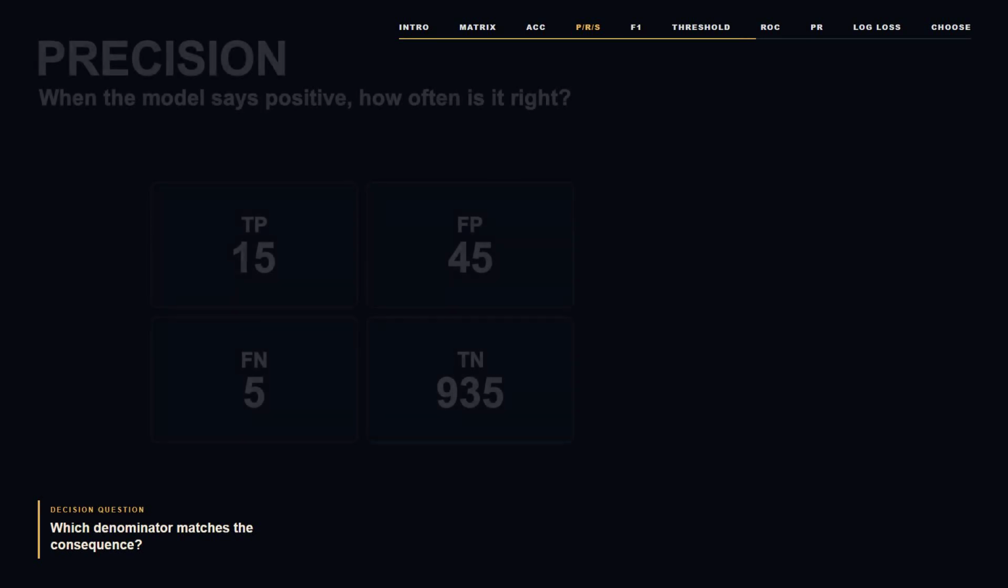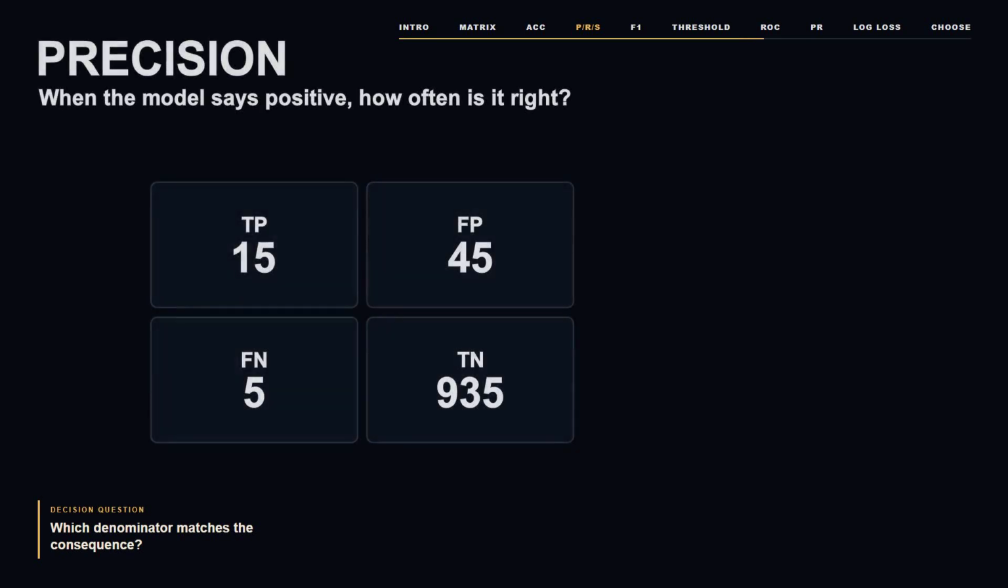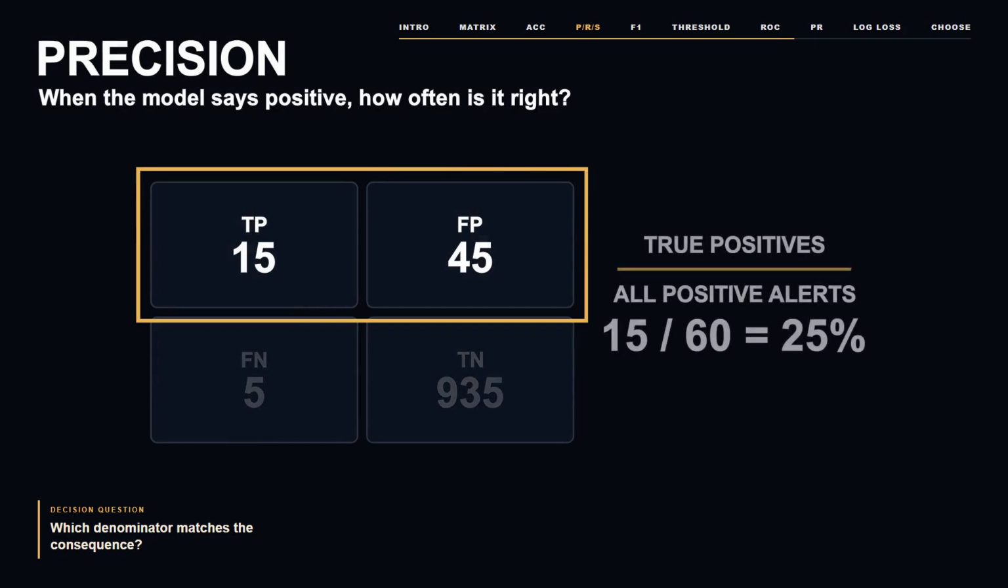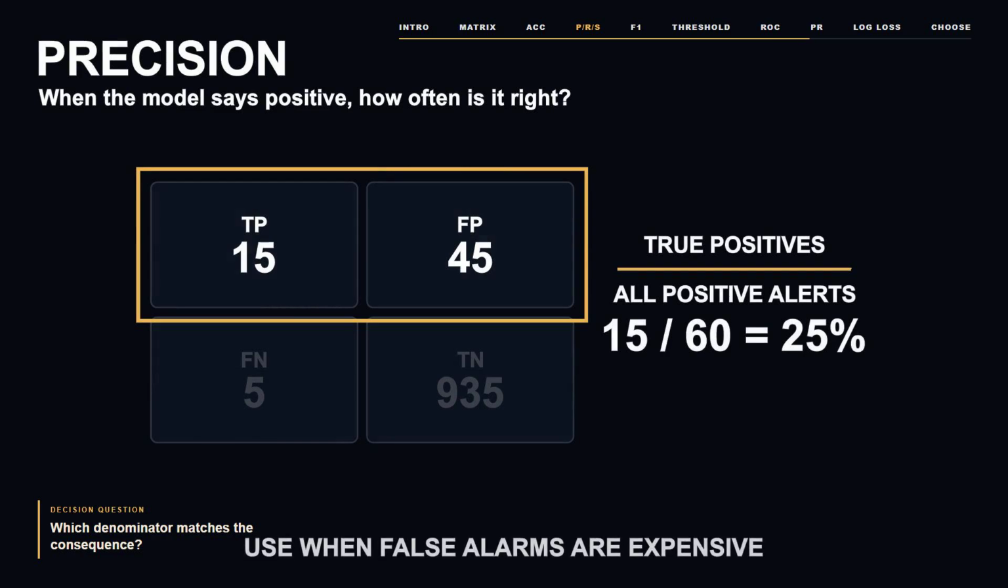Now, ask narrower questions. Precision begins with the model's positive alerts. When it says positive, how often is it right? 15 correct alerts divided by 60 total alerts gives 25%. Use precision when acting on a false alarm is expensive, perhaps a manual investigation, a blocked payment, or an invasive